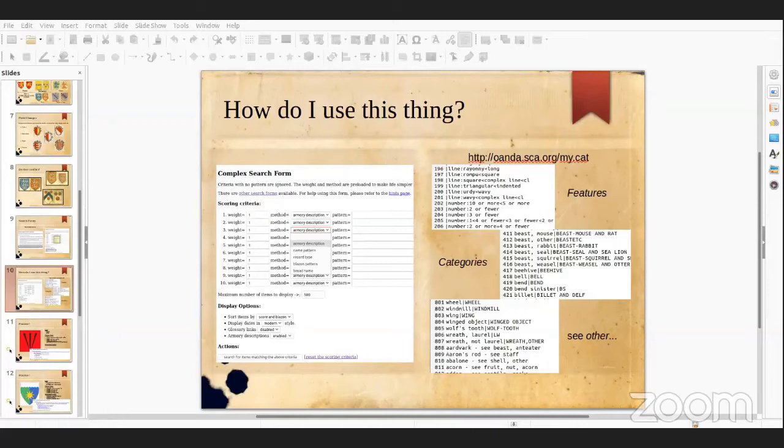Let's just take a look. You can see here in the MyCat with line 205 in the top section there of features. There's some syntax going on there. You have number :1, less than sign 4 or fewer, less than sign 3 or fewer, less than sign, and so on. It actually goes on quite a ways, but for visual sake, I clipped it. What that is saying there is that this feature,